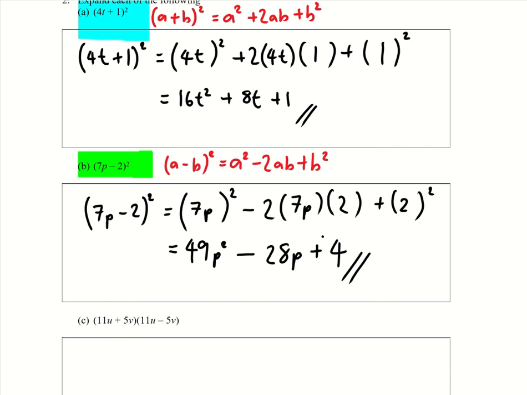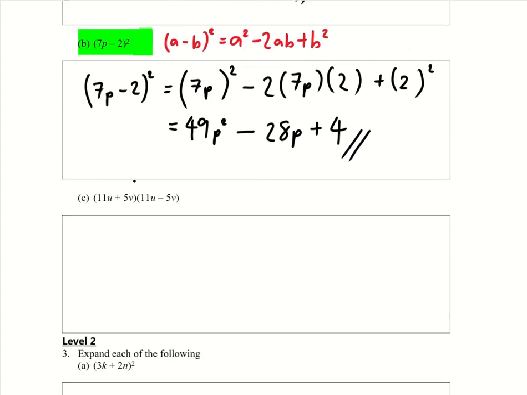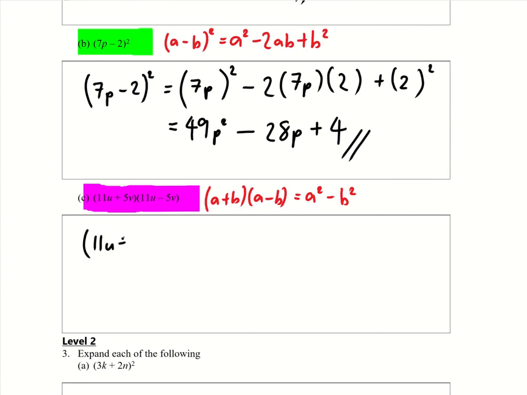Then let's take a look at the last one. 11u plus 5v, 11u minus 5v. So you realize that this is simply your a plus b and a minus b. Both the first and second term of the first bracket are the same as the first and second term of the second bracket. So let's rewrite back the formula first. So I have a plus b, a minus b is equal to a square minus b square. So same thing, we will write down in terms of brackets. So I have 11u plus 5v,